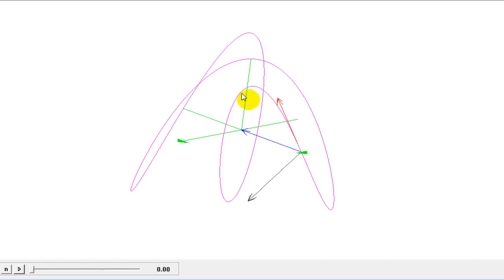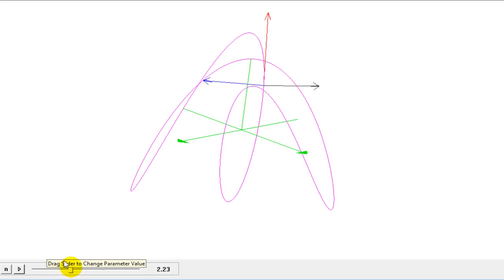Again, here we have the space curve in purple, the unit tangent vector in red, the unit normal vector in blue, and the binormal vector in black. Remember that the red tangent vector points in the direction of motion, and the unit normal vector points in the direction in which the curve turns as t increases. So as t increases, you can see how these three vectors are oriented, but at all times they are orthogonal